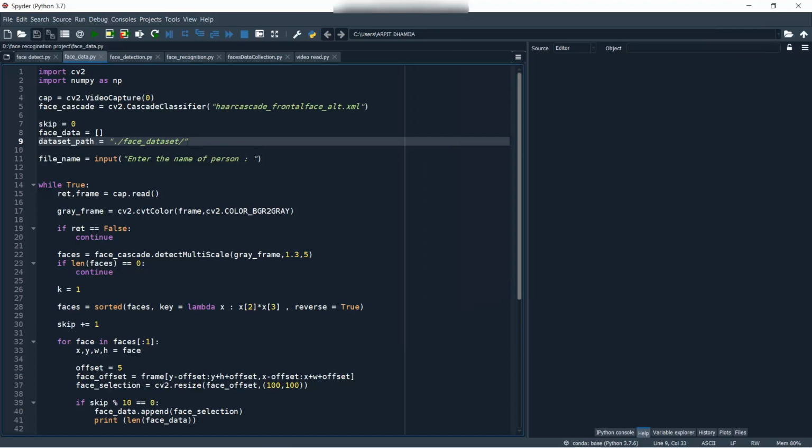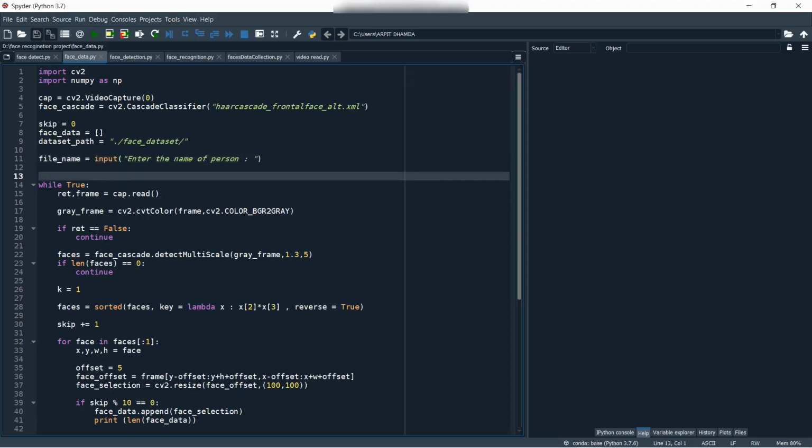Let's move forward. When we open our camera, we will enter our name, as I showed you in the previous video. After we enter our name, the video starts recording and our face starts getting recognized by the camera. So we are giving the input: when we open the camera, we enter our name, and in the console a dialog box will appear where we have to enter our name.